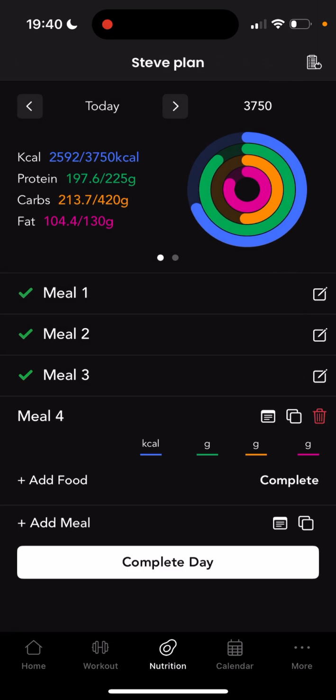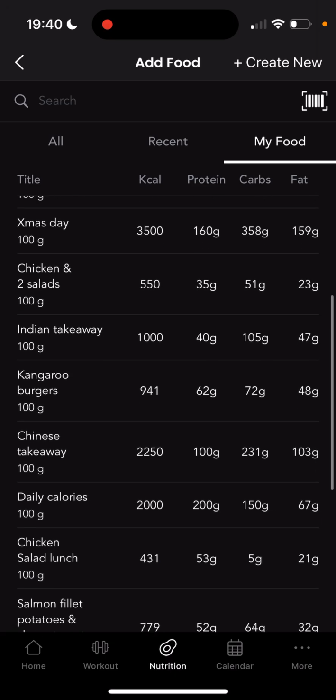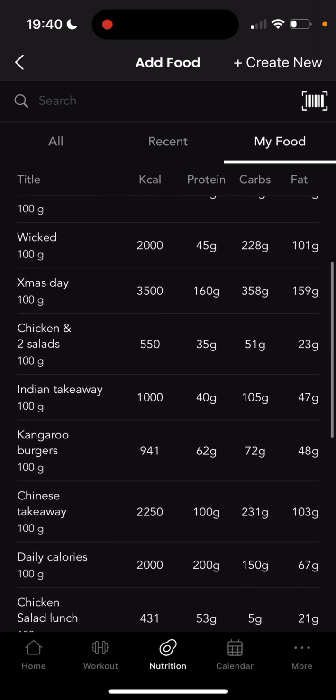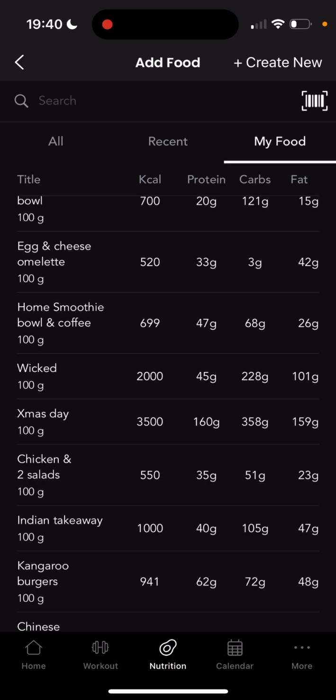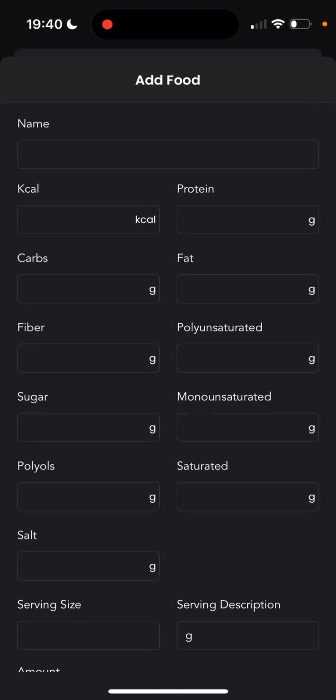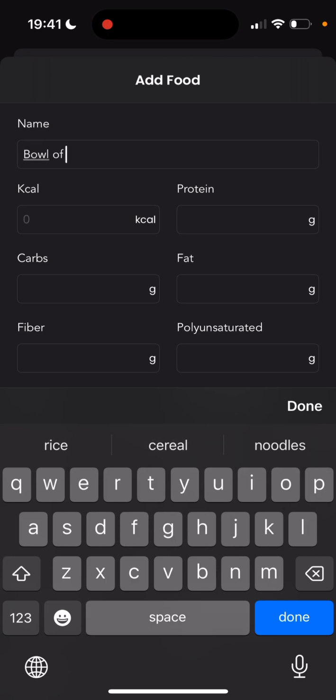If I wanted to add meal 4 and add a meal, so you can see here, you go to my food. I've got a few little meals that I've saved, and how I save these meals is create new at the top right there. You can see create new, and I will just create new, and if I know the name of the meal, say it's a bowl of Weetabix. Not the best option, but I've got some Weetabix in front of me right now,